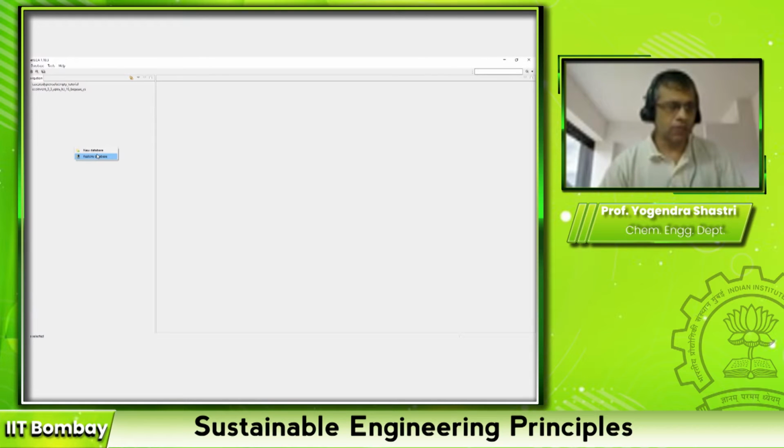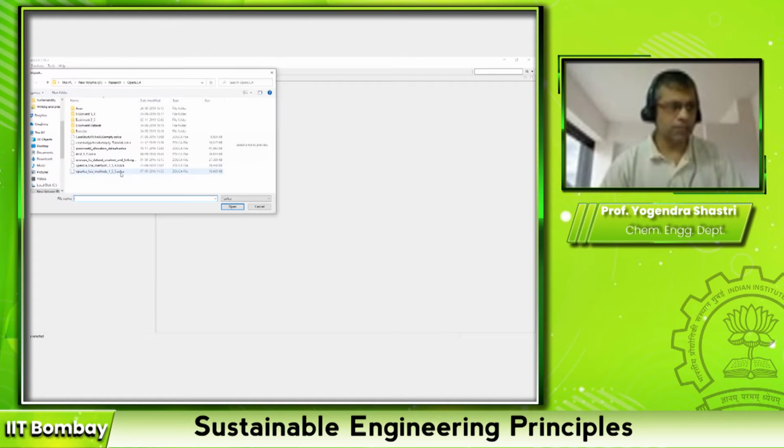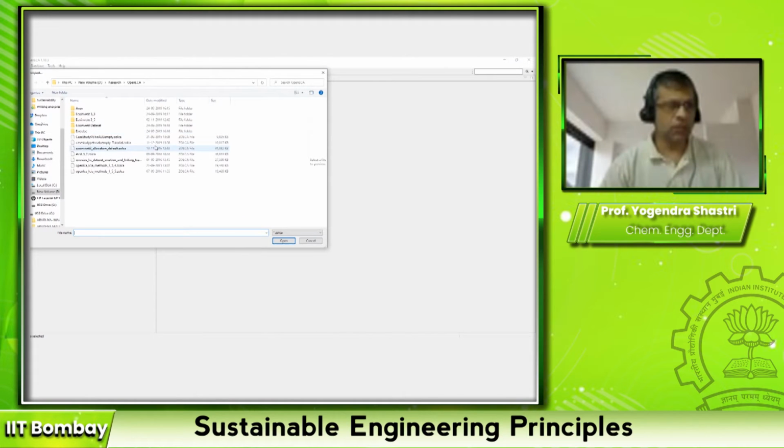Since what we want to use is an already existing database, the option that we should choose is restore database. Just to repeat again, go on this left panel, right click, click on restore database.